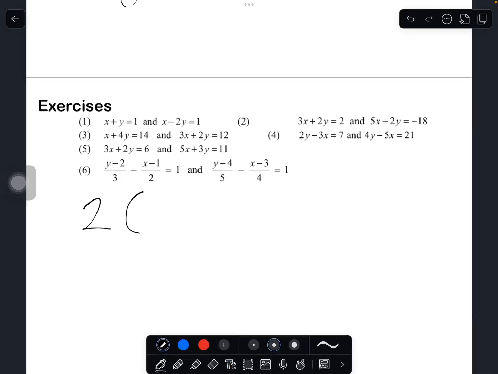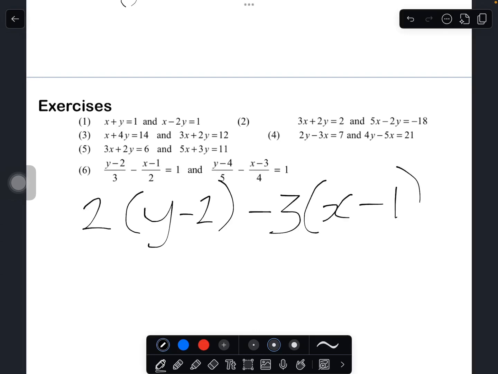Now, since we know we got that 2, I'll have 2 into y minus 2 minus, okay, and now we're going to multiply that by 6, which will then be 3 into x minus 1